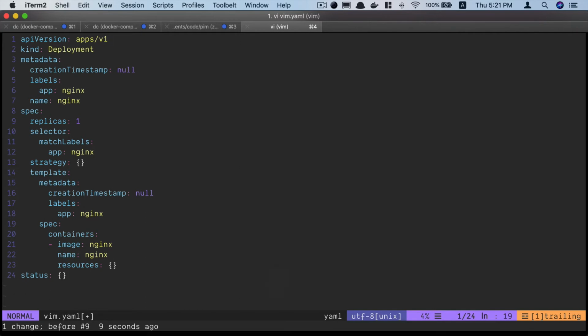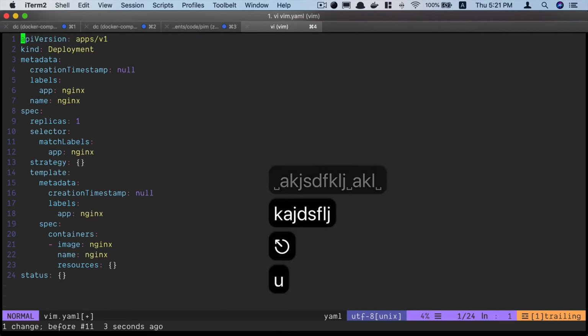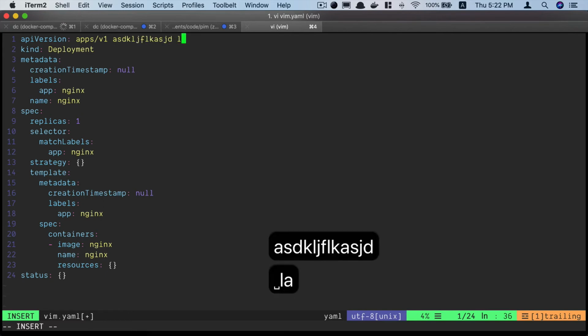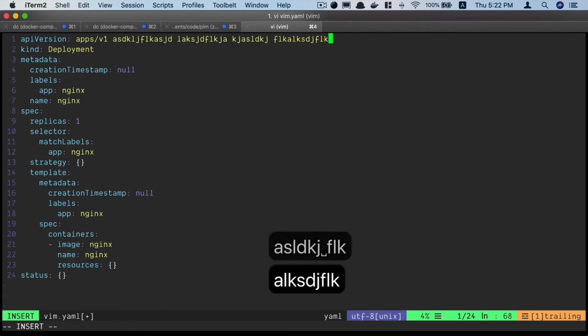And let's say I want to insert something at the beginning of the line. So what I can do is first go to the beginning of the line, then hit I and start typing. But there's another way to do it. So let's say I'm in between the line, all I can do is hit capital I. That puts me in the beginning of the line, and I can start typing. Similarly, if I hit capital A, that puts me at the end of the line and I can start typing there. So A is for append, I is for insert, but it inserts before the cursor, A is after the cursor.